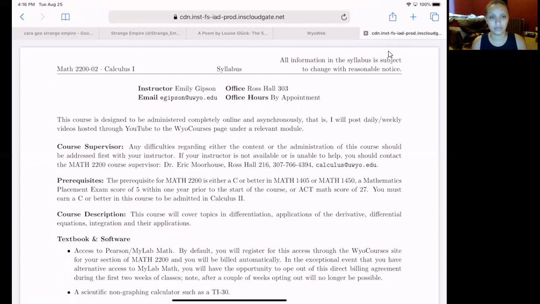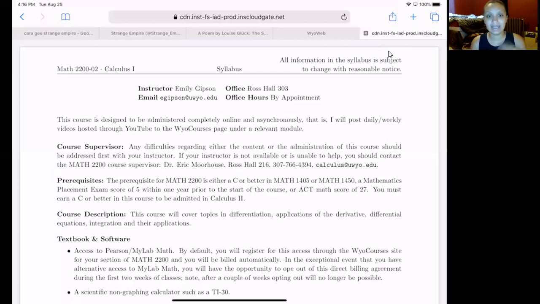So this is a coordinated class, which means that there are multiple sections of Calculus 1, and they're all taught with the same content from the same textbook. They all have the same exams, and they all have the same homeworks. So if you were to go into Section 1 or Section 10 or something like that, everything should be exactly the same. You don't have any sort of benefit from taking it with me, over the course coordinator, or a different instructor. It's all the same.